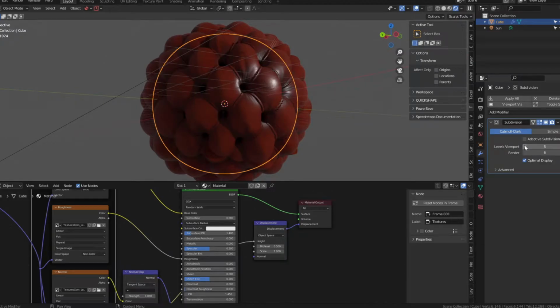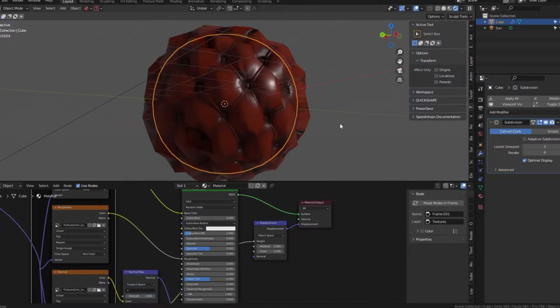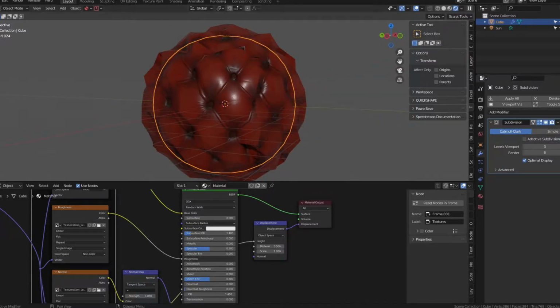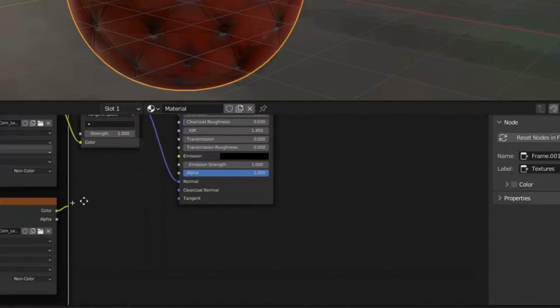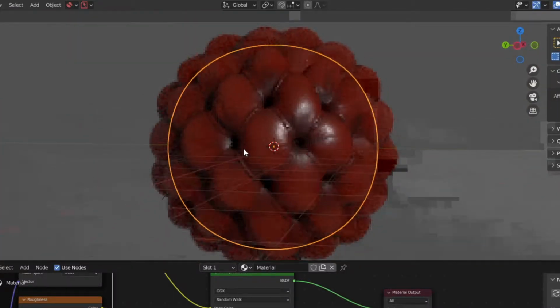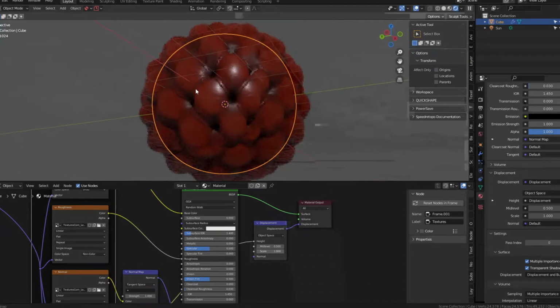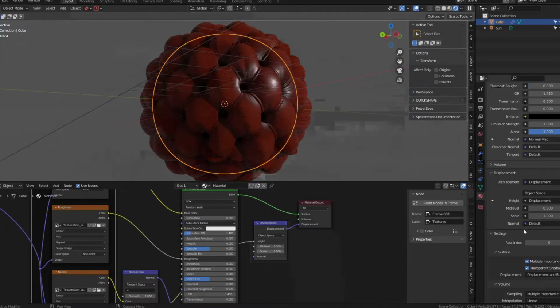Like most 3D packages, Blender supports displacement, but in a couple very different ways. The most commonly used is pretty easy. Turn on displacement for your shader, add a displacement node, plug in your height map, and boom, detail. Unfortunately, this method only works in Cycles and usually requires enabling experimental features.